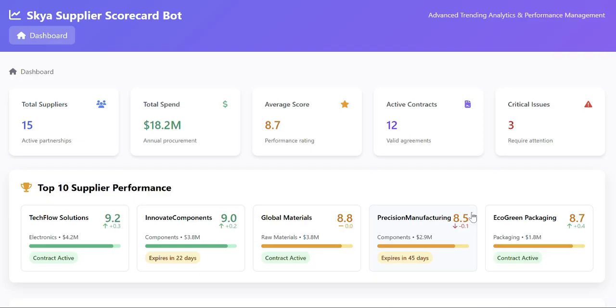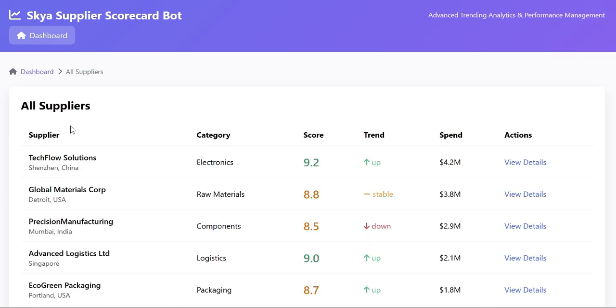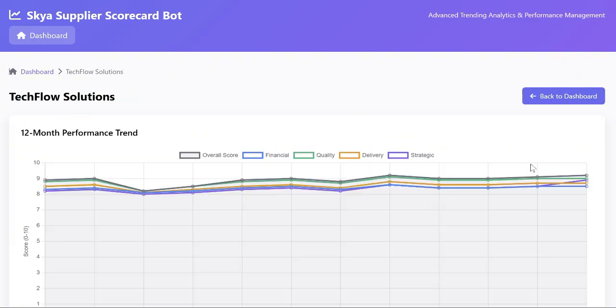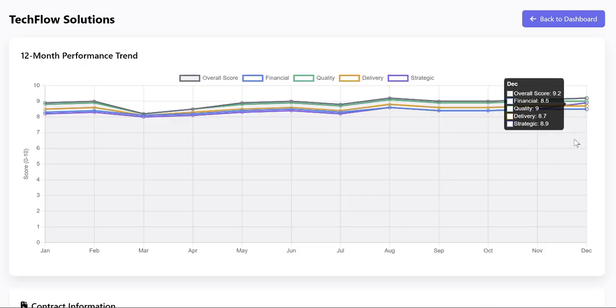The last one is we are going to drill into the supplier details, which we mentioned earlier. So let's go back and click on this total supplier. This total supplier will highlight all the suppliers. Let's take a look at the details of TechFlow Solutions. When we click on it, the first thing we look at is the 12 months performance trend line chart. It highlights the financial, quality, delivery, and strategic lines from month to month, whether they are trending up or